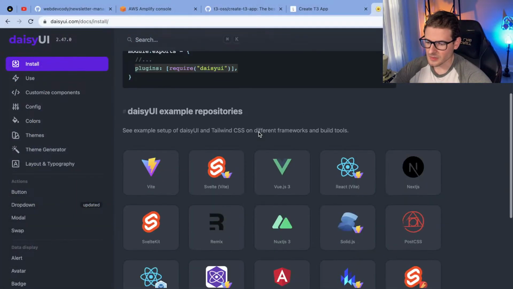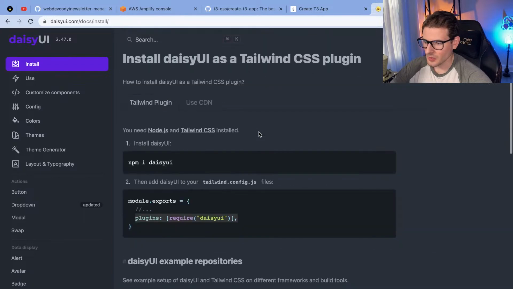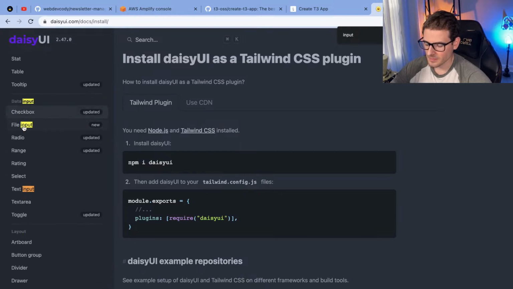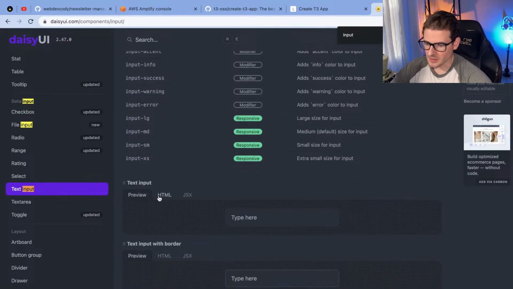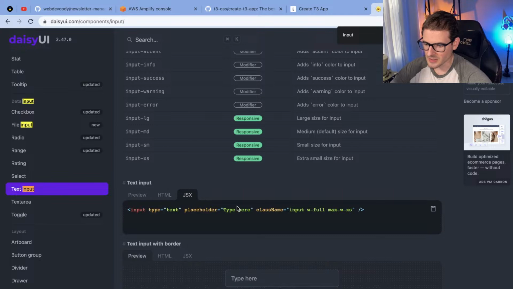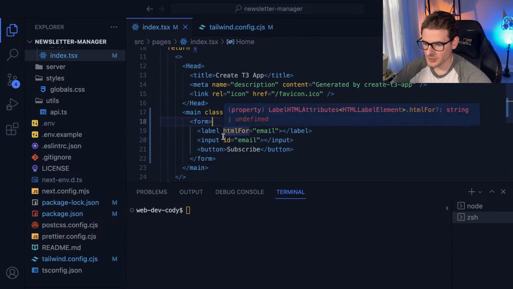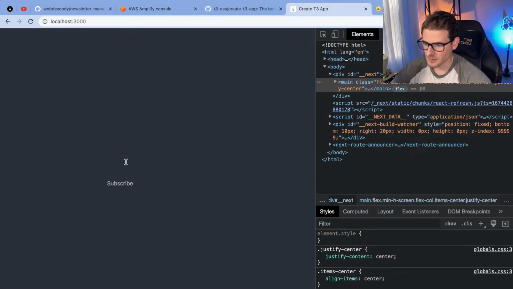And what else do we have to do? Oh, let's just see if there's a form. Do they have forms here? Do they have buttons? They have inputs? File inputs? Text inputs? And let's just go ahead and look at how they do this with JSX. They do it like this. Going back here, let's just go to the input, put that on, and go back to our app.